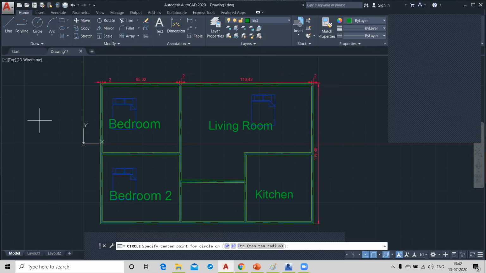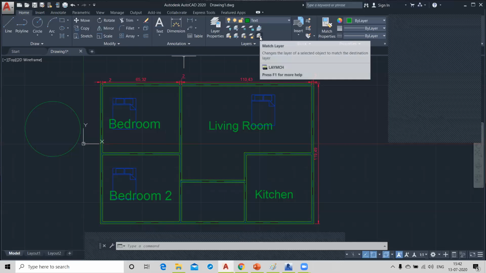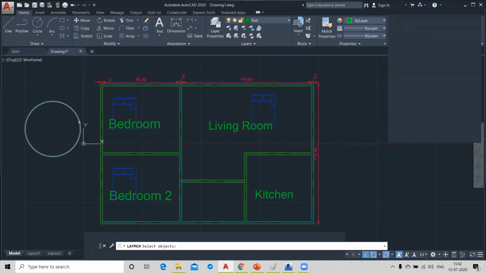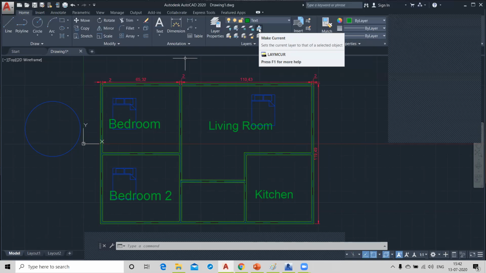If you have a circle in the text layer, and now you want to change it into the furniture layer, you can take the match layer option, click on the circle, press enter, and click on your furniture. See, my object is converted into the furniture layer. The next option is make current.